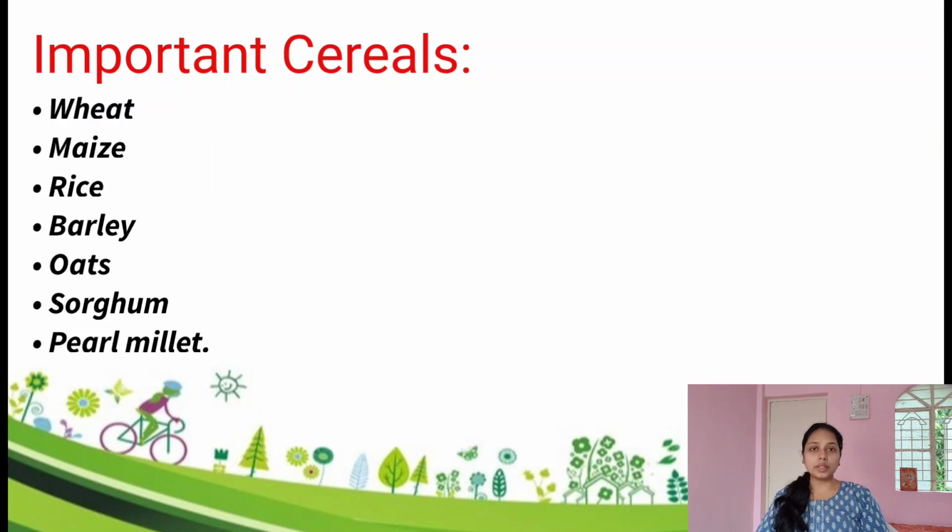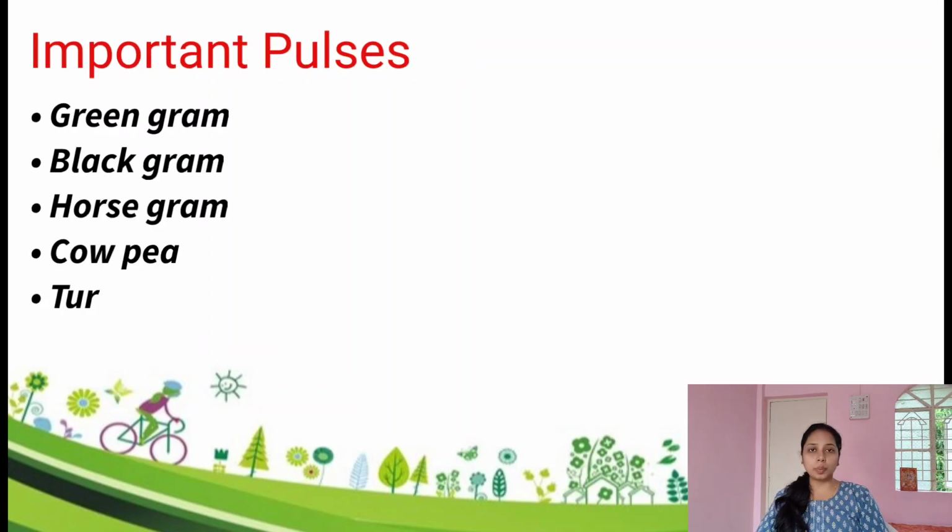Then important pulses, on which every year they ask two questions, like green gram, black gram, horse gram, cowpea, and two more. These are the five pulses. See, there is not a major list like we have in PGs or the bachelor's degree. There is a very crisp note. The only paper that matters in DP is paper 2. In paper 1, we will have a very short list, even basic diseases also, but when it comes to botany and biotechnology, we have some very detailed analysis. We will see that again later, but right now it's important.